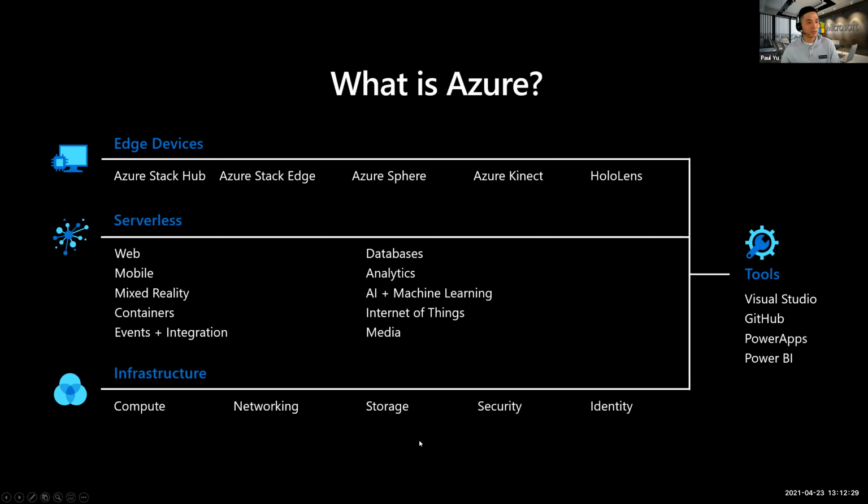And so, if you've ever played with Legos, there's basic blocks, and then there's also those fancy blocks that you can tack on to build your nice solution. And so the basic building blocks that we have down here, it always boils down to compute, networking, and storage, right? So those are the fundamental pieces of Azure. And in the HPC perspective, that's kind of what you ultimately need, right? So you probably need higher end compute or higher end networking, but it's going to boil down to these three